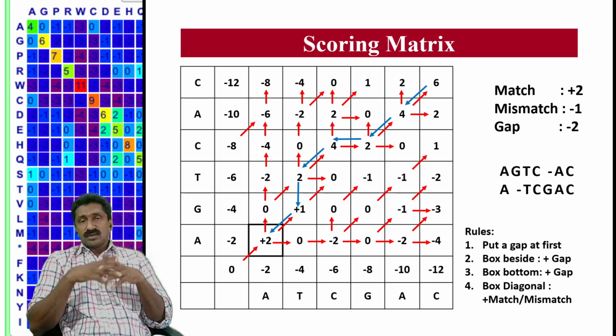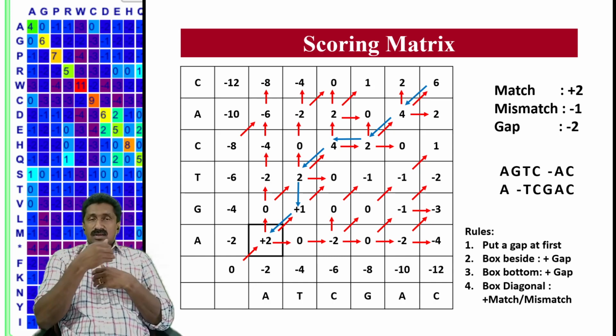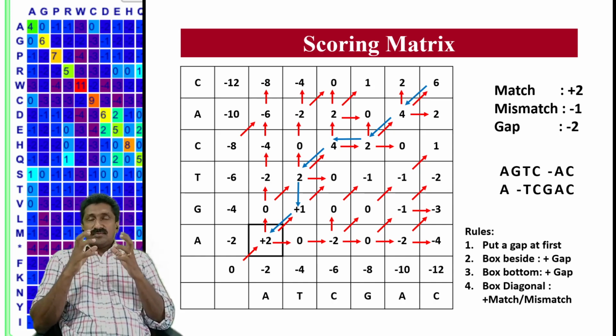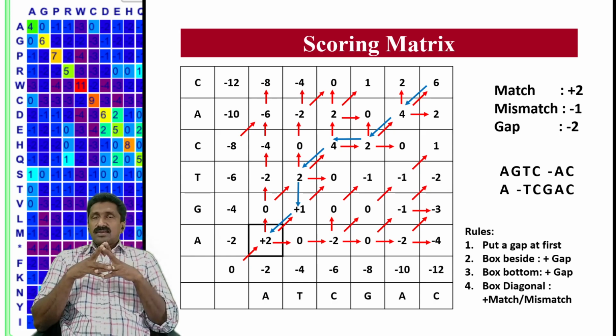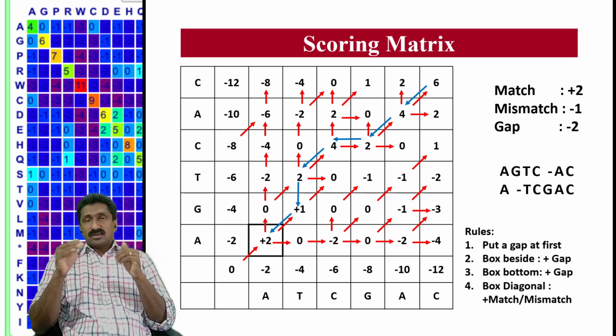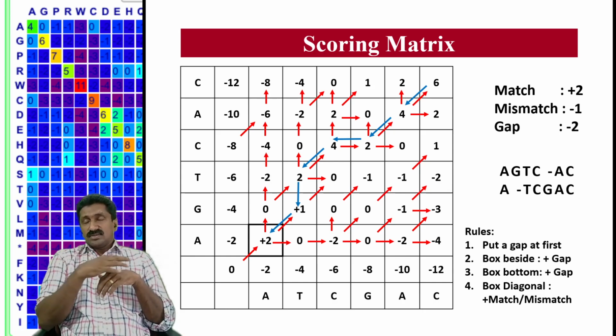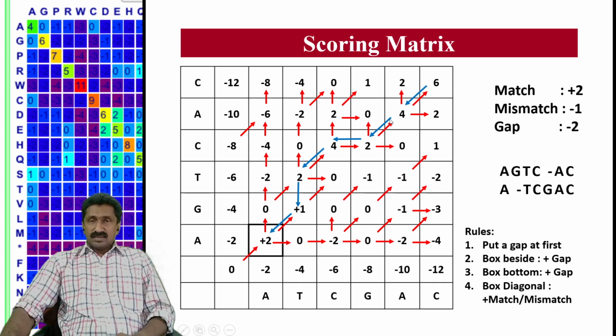If you understand how each and every cell acquires a value, taking into account the previously assigned diagonal, left side and bottom cells, by adding or subtracting values to those cells, each cell will acquire its own score, and the highest score on each row will be taken while you are performing the traceback. So during the traceback, if you are moving diagonally, that means they are matching. You can write the sequence as such. And if you are moving